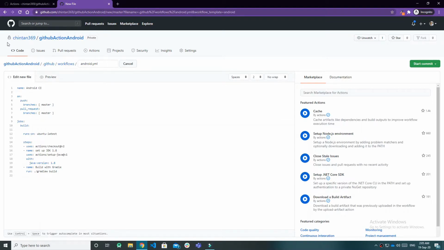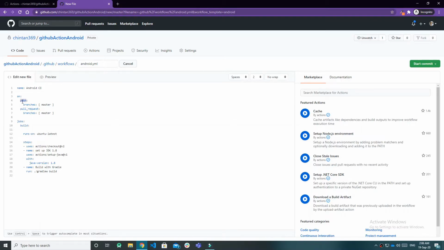Now we are understanding what the pipeline file looks like and what these key parameters mean. So first is name. Name is the name of this pipeline. You can set this to any name you want. Second is on. So on is the event trigger, meaning on which event you want to trigger this pipeline. So on push event and or on the pull request. You can specify both.